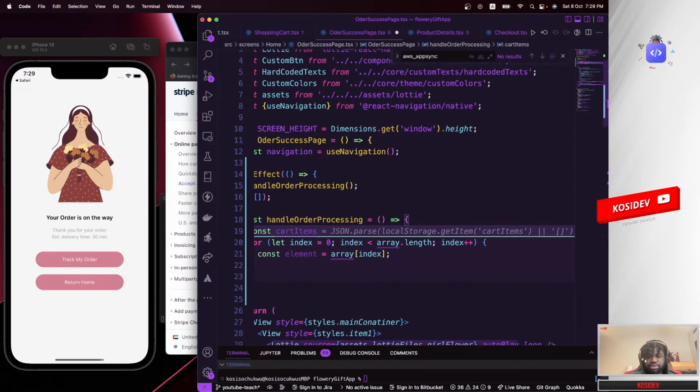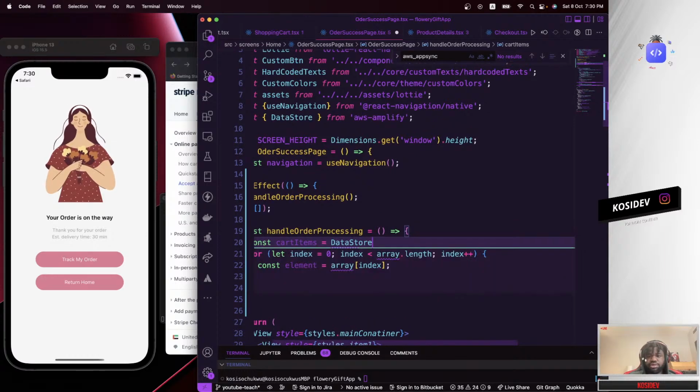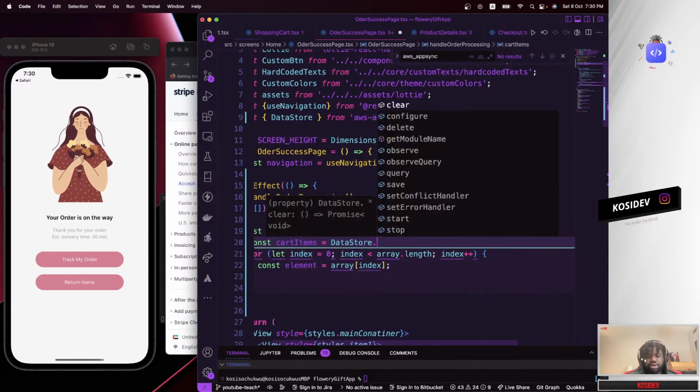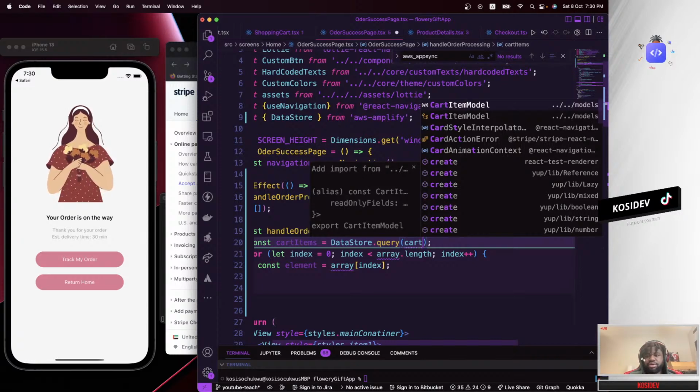Cart items is going to be equal to our data store dot query. Make a query to get hold of all the cart items that we have.